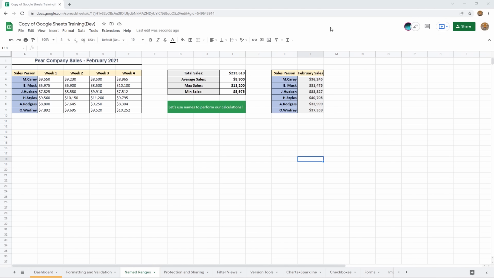Welcome back. Well, now you can go ahead and check your work. If you take a look here, the average sales was 8,900 for all of our salespeople. The max sales was 11,200, as you can see here, indicated by H. Styles' week 3 totals. And the minimum sales, the lowest number was 5,975, as evidenced by eMusk's week 1 totals here as well. And just take a quick peek over here at the remaining values here for our February sales for each individual salesperson. So if that's all correct, let's go ahead and move on over to our protection and sharing